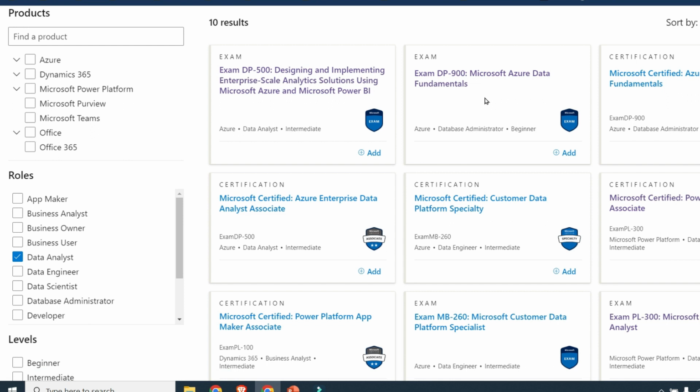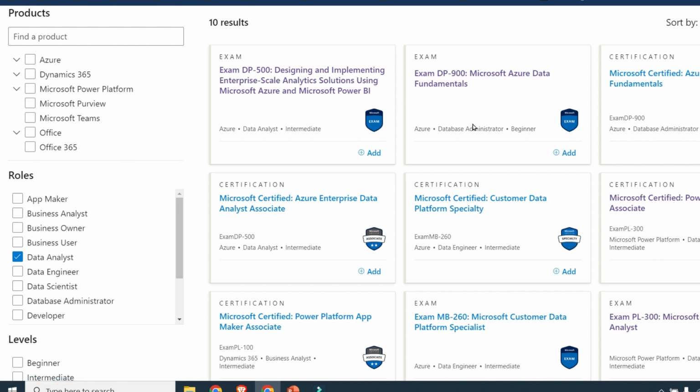So if you really want to distinguish yourself when you're applying for jobs and earn more money, I really recommend learning a cloud platform. So Microsoft's cloud is Azure, and they actually have an exam for it. It's the DP-900 Microsoft Azure Data Fundamentals. I really, really recommend you do this. Honestly, not many people in the world have sat this exam, and if you've sat it and you've understood it and you really learnt the content, you'll be in a really, really good position to be earning a lot of money. That's the first one.